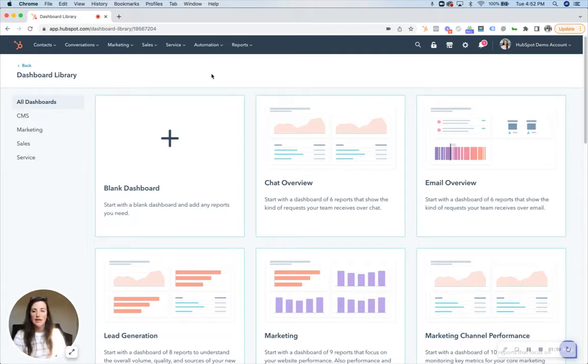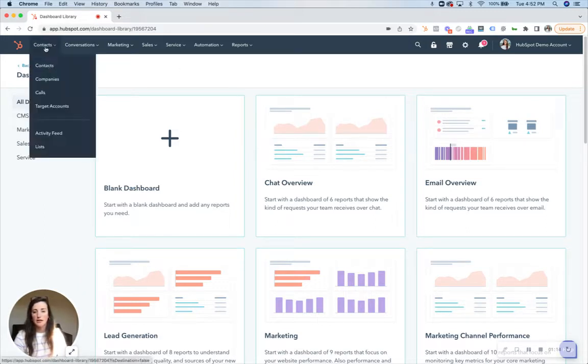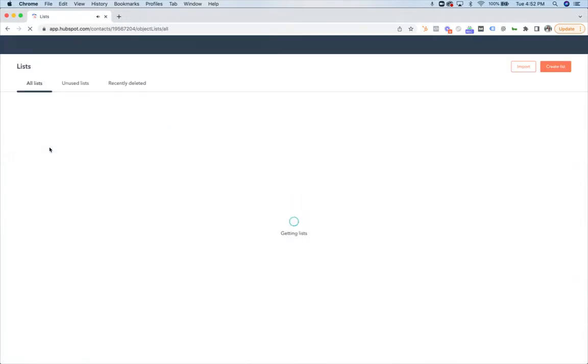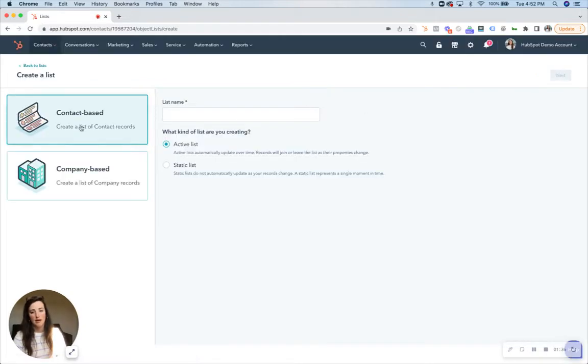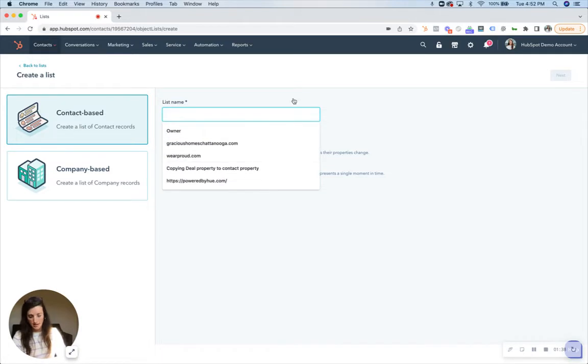Okay, so if you want to accomplish this, what you're going to need to do is go to Contacts and Lists in your portal. And you can either import your list or create a new list based on contacts that are already in your CRM. Something to note, if you decide to import the list, it will only be saved as a static list. You cannot create active lists based on imports. So for this example, I'm going to create a contact-based static list